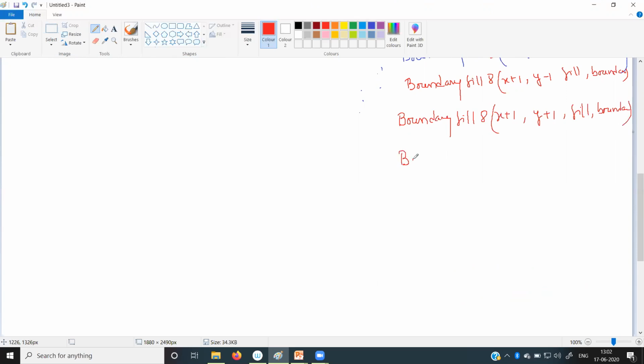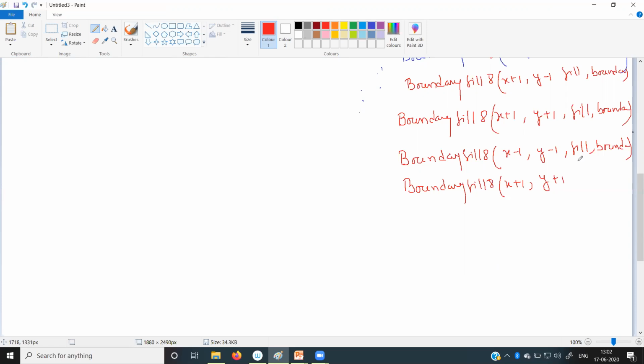Then again we have to call the function for another corner point. So we will write x minus 1, y minus 1, fill color, and then boundary color, and we have to call it again for another corner point.